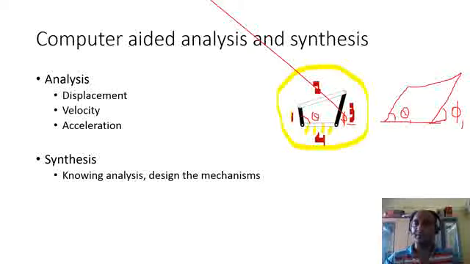Again, if you change the position from theta 1 to theta 2, say this is another position, say this angle is theta 2. So we'll have for theta 2 another output angle phi 2. This angle is phi 2. So in this way, to find out this phi 1, phi 2, phi 3 on the basis of theta 1, theta 2, theta 3, and then v1, v2, v3, then acceleration, say a1, a2, a3 on the basis of 3, we have to carry out the analysis again and again, if you are doing it manually.